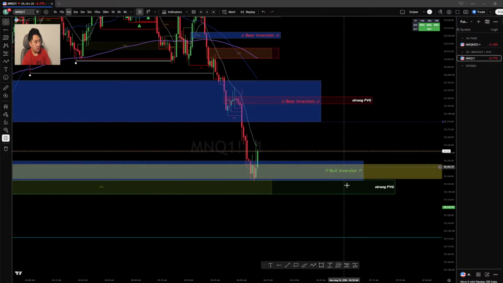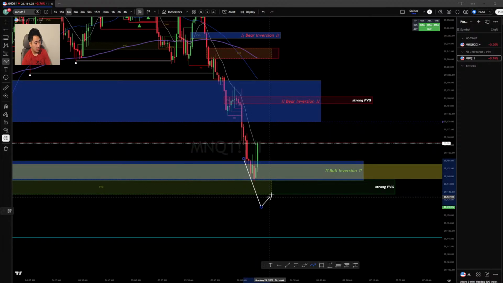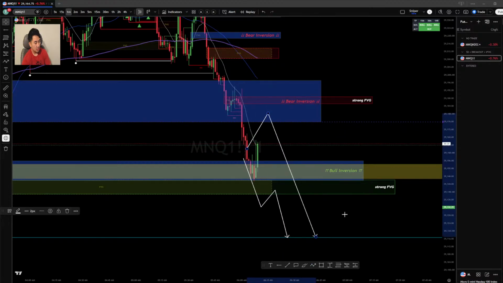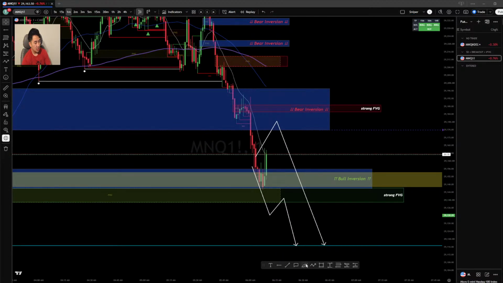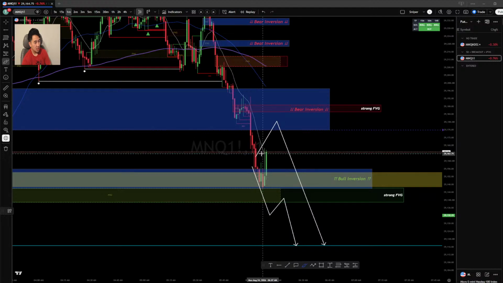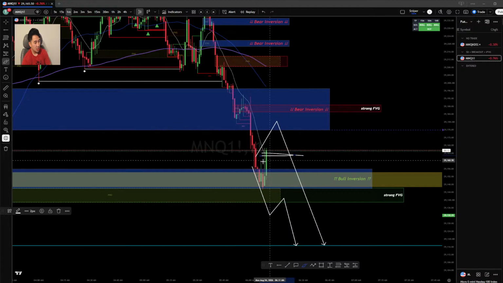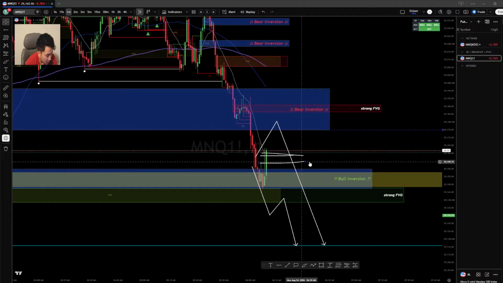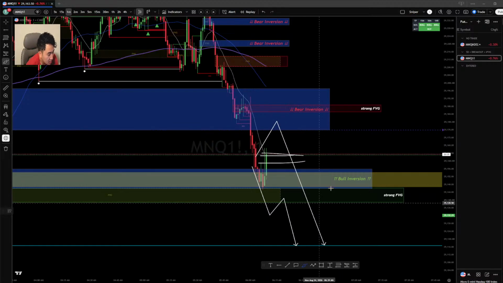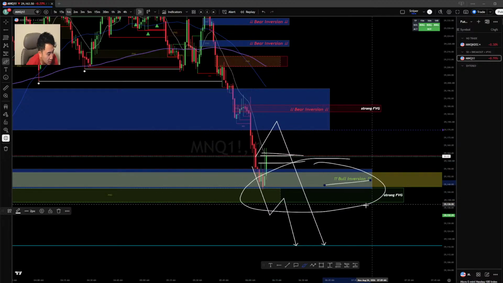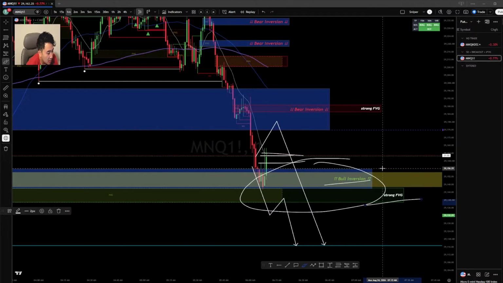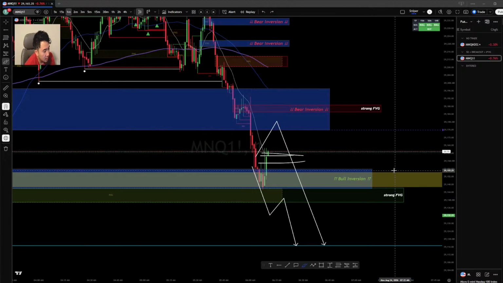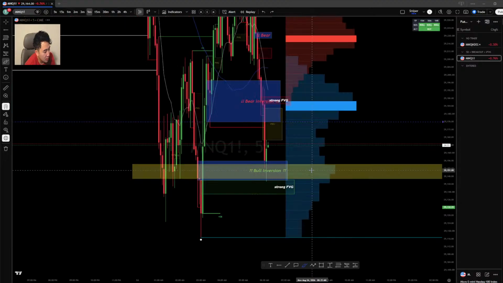See, the better setup would be something like this instead of like this, just because this 13 EMA is here. So you want to enter below here, and then by the time you enter, you're pretty close to all these bullish areas. This area is really bullish right here. You got bullish inversion, strong gap, and then you got this gold bar 1 hour resistance right there. That's gonna hold price up if you're looking for shorts.